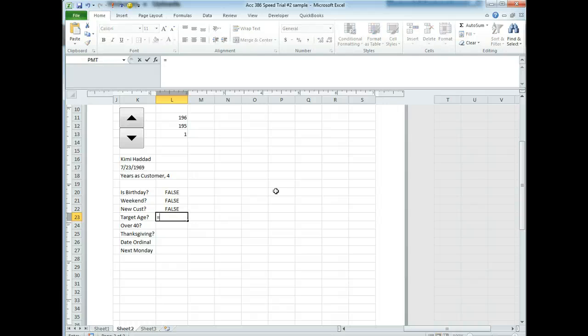Now, for this one, we're going to have an AND because we have to be both greater than or equal to 25 and less than or equal to 30. But I'm going to use a couple math functions. The INT function rounds a number down to the nearest integer. So I want the lowest int. I just want to strip off any decimals. The year fraction function will give us